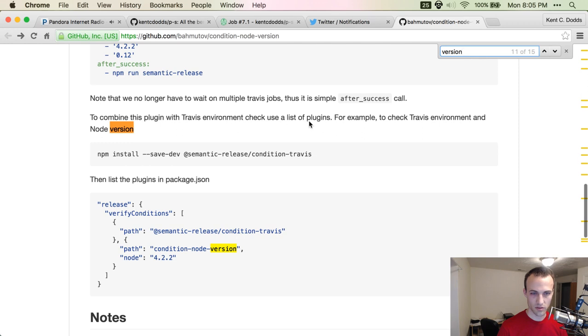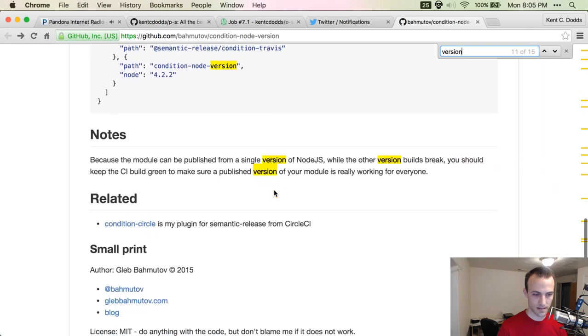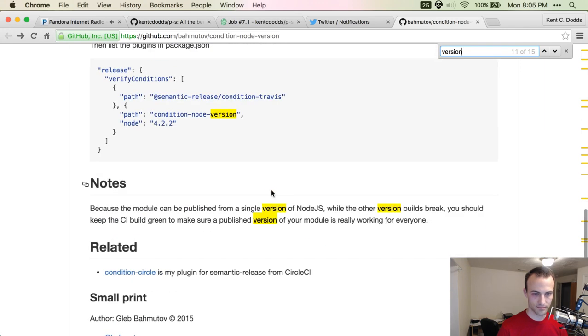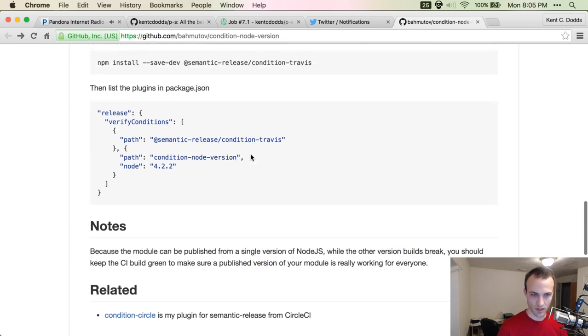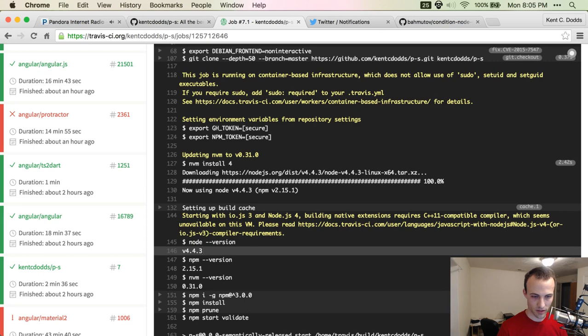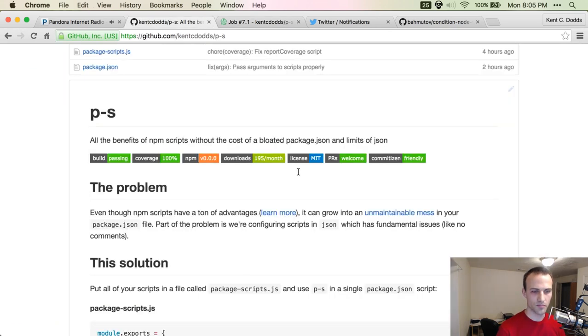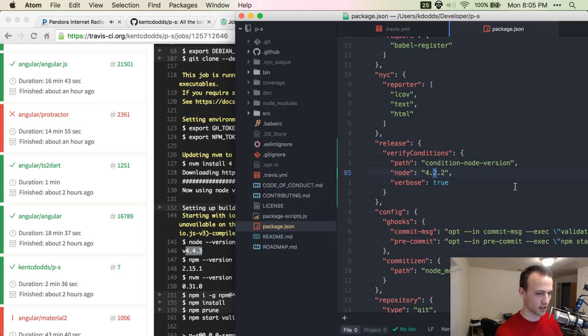Let's plug in a cover. Okay. I guess I'll just specify the latest version of Node. That's kind of sad. Well, you know what? Let's just experiment for a second. Let's see what happens if I just go with